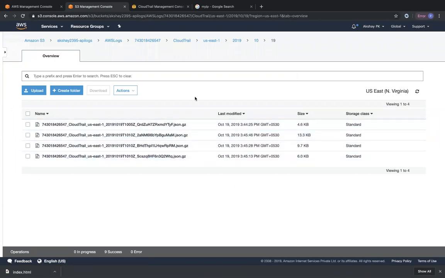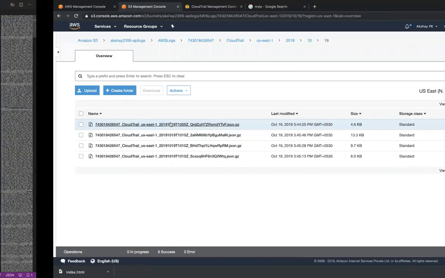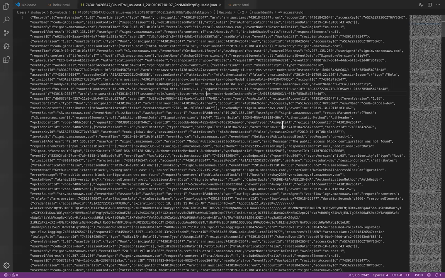One thing that I would generally do is set up an SNS notification. If I get a notification and receive the mail, I'll get a much better formatted log file in my mail. But you can do that as an activity. Just understand that when you have a lot of these logs, you can go ahead and find out the person's IP address.